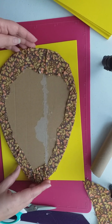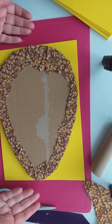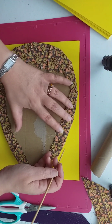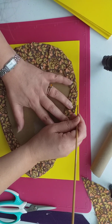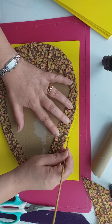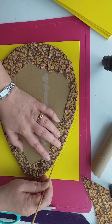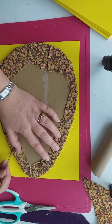But do you know what? We haven't got much of that left around the edge anyway, so I'm just going to draw around it. I'm going to come out a bit, okay, so I've got a little bit more than what I need. So I'm using a wooden skewer. You could use a cocktail stick, anything that's got a point on it. And I'm going to come round